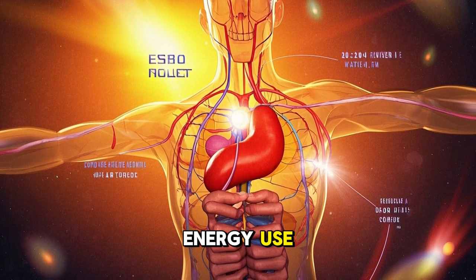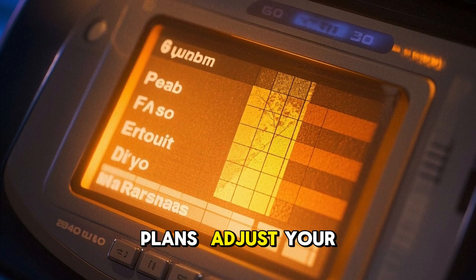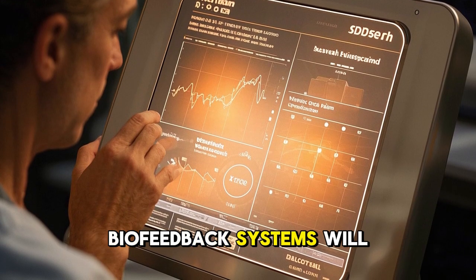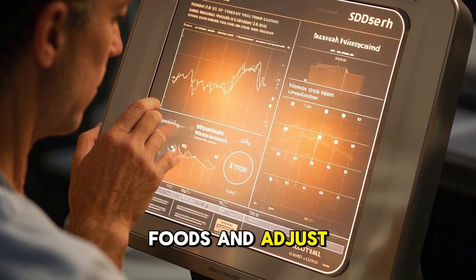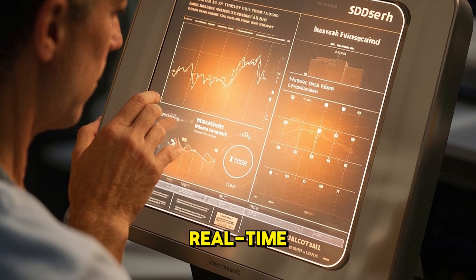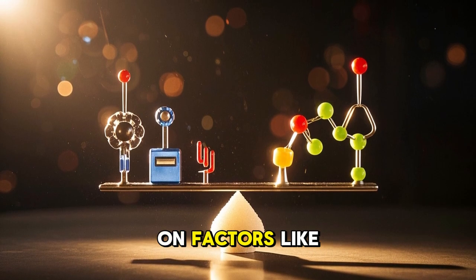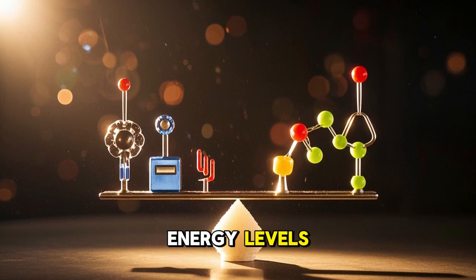use. Number 3, Biofeedback-Integrated Diet Plans. Adjust your diet based on your body's response. Biofeedback systems will analyze how your body reacts to different foods and adjust meal plans in real time. These systems will help individuals optimize their diet based on factors like stress, blood sugar, and energy levels, creating a